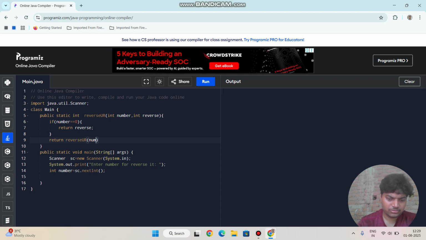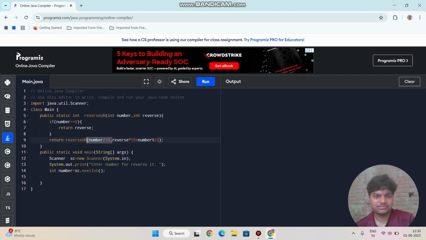Number divided by 10, and I need to multiply reverse by 10 and add number modulo 10. This is removing the last digit of the given number.